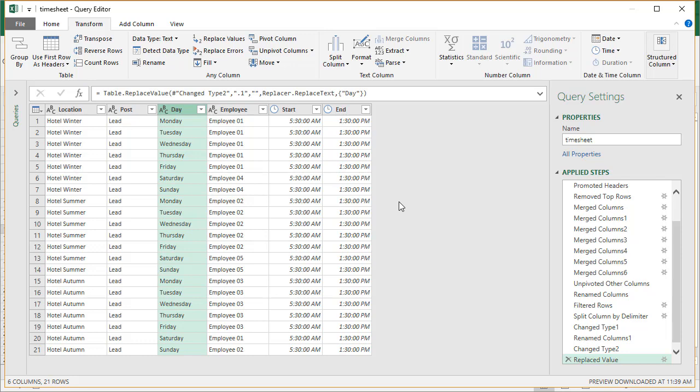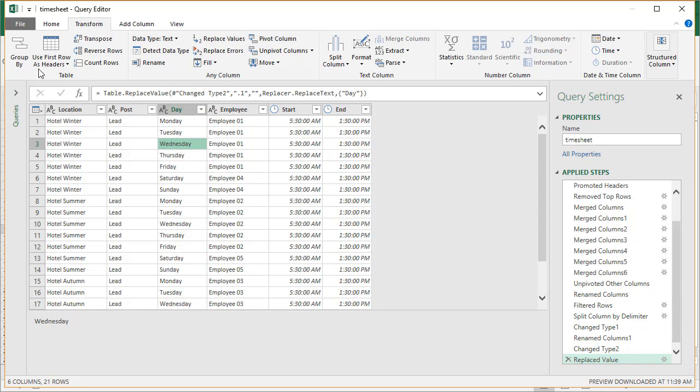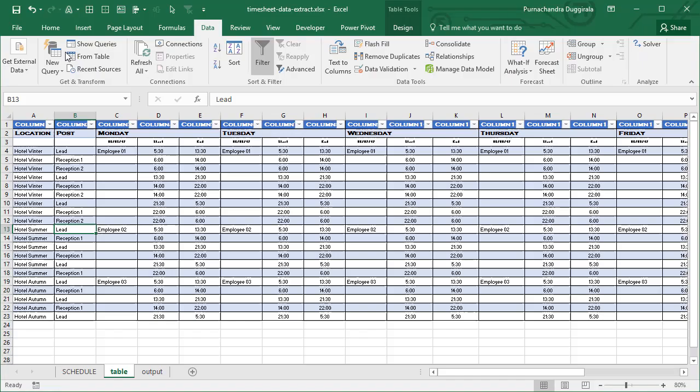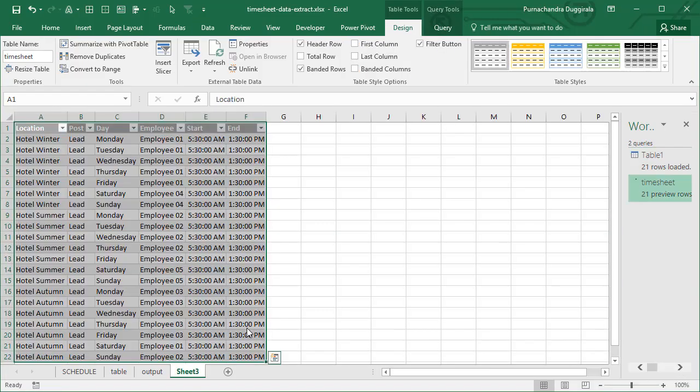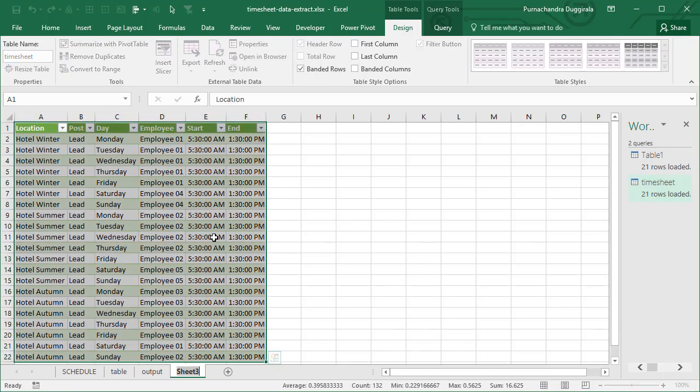This is the actual query definition. So anytime you have a new timesheet, you change the data, you refresh the query, and you will get a new table that contains different rows. So that's it. We just close and load this into Excel. This will come up and sit as a table in a separate worksheet,